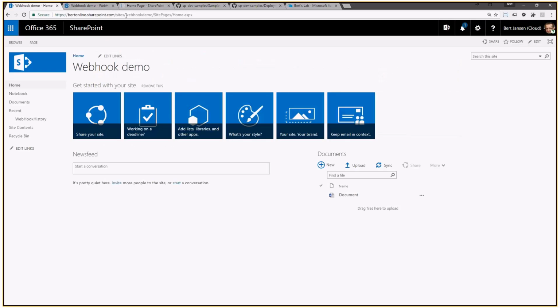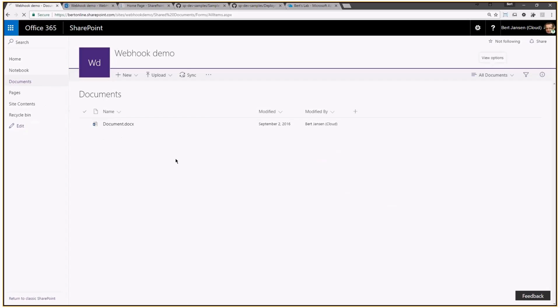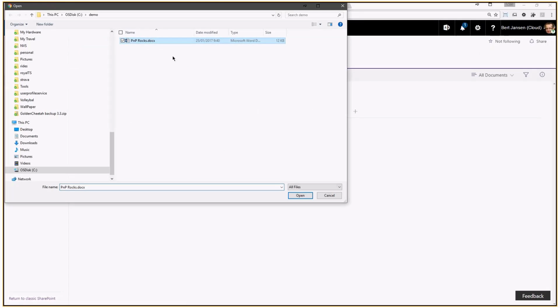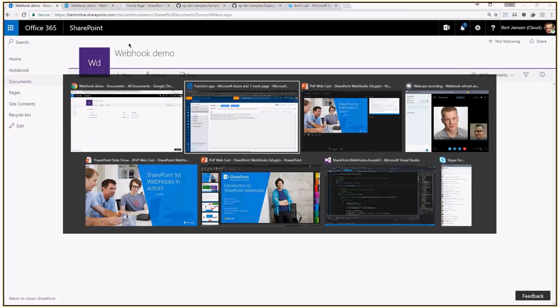So here is the site, webhook demo, and I'm going to go to the documents library, for which I already pre-created a webhook. Let's upload a document. PnP rocks, yay! So the document has been uploaded, and you might expect to immediately see something popping up here,